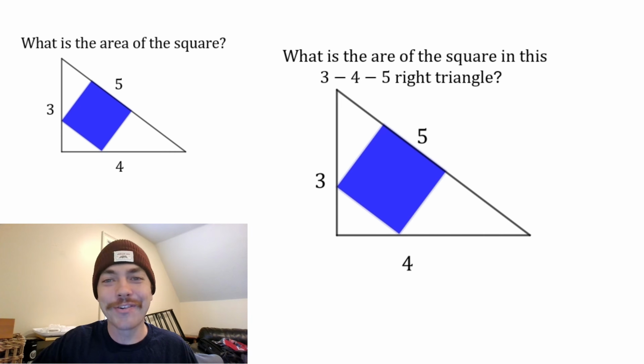Hey y'all, check out this cool geometry problem. We have a square inside of a 3, 4, 5 right triangle, and we have to find the area. This one's really fun and it has a pretty slick solution. If you want to try it on your own, pause the video right now because we're going to get started